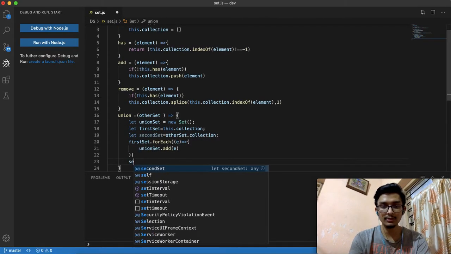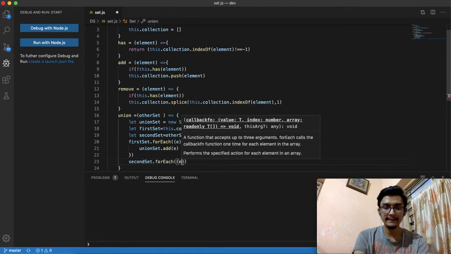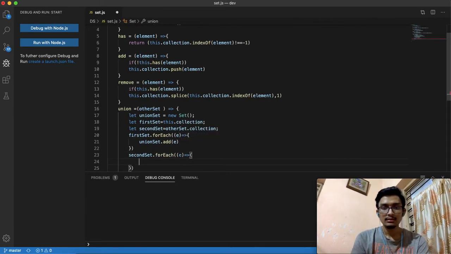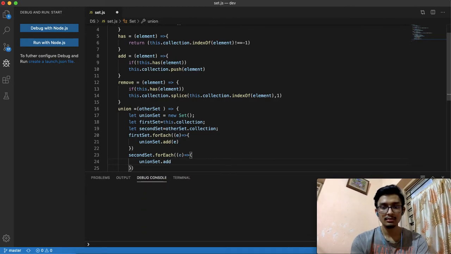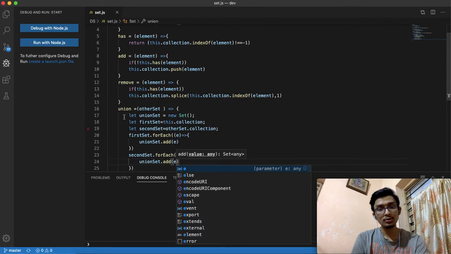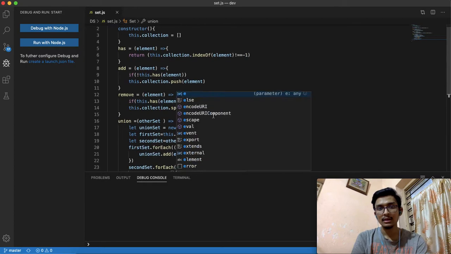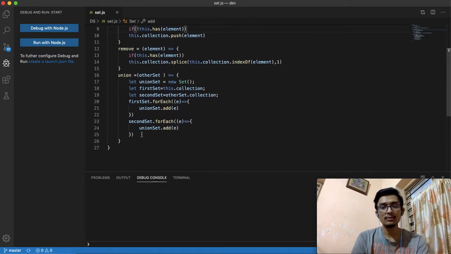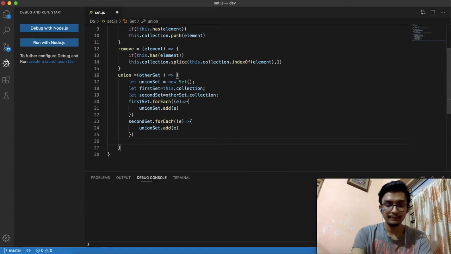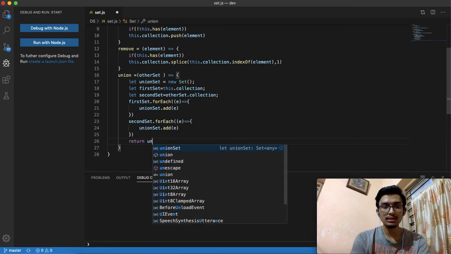The same thing for the second set. secondSet.forEach, e, unionSet.add(e). So if there are duplicate elements, since my add functionality already checks if there are duplicate elements, it won't add. So therefore I don't have to check it over here again. Okay. Now I will just return unionSet.collection.